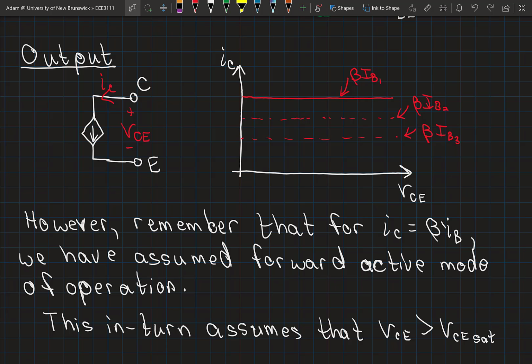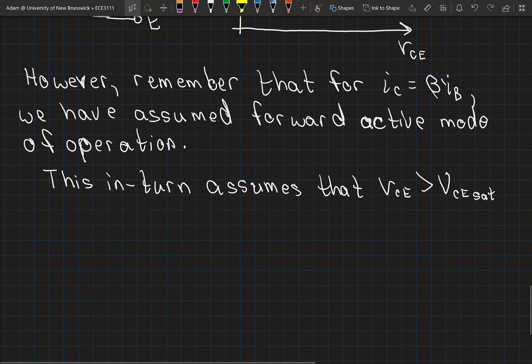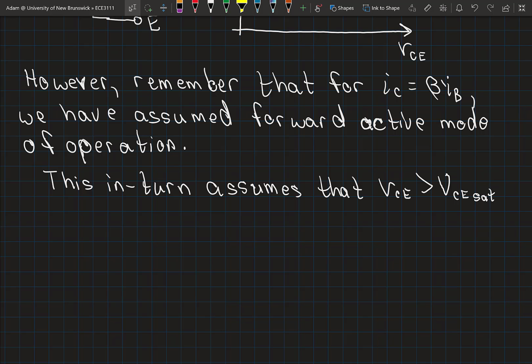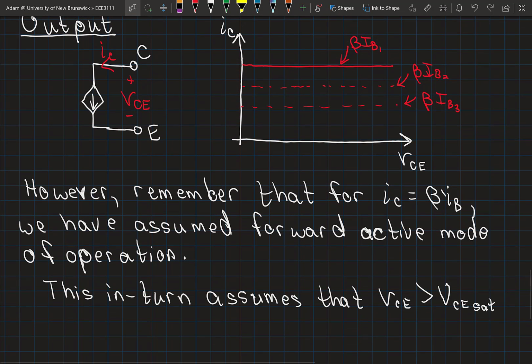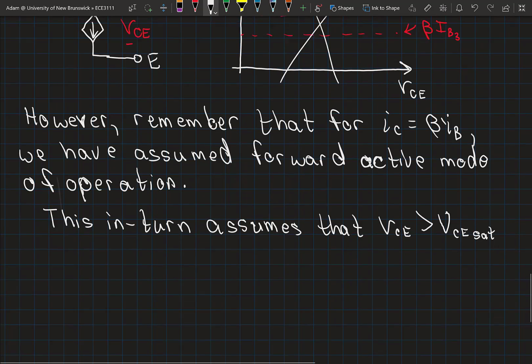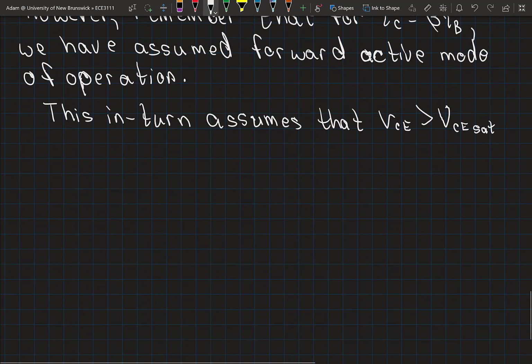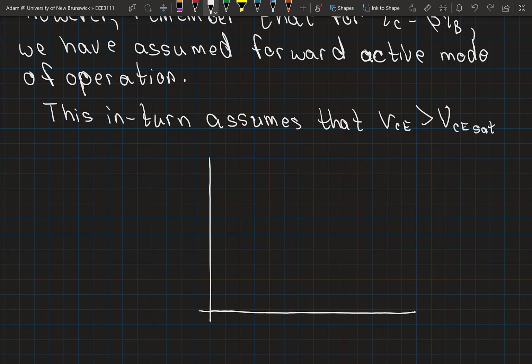And this being a fixed value, I should show this as uppercase here. Okay, so when we take that into account, this output characteristic is not quite right. Our output characteristic, when we account for that our collector to emitter voltage must stay above saturation,